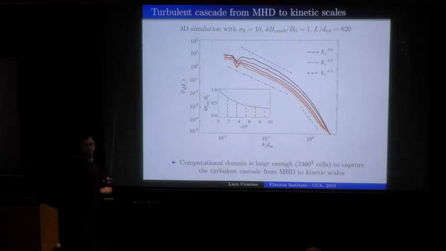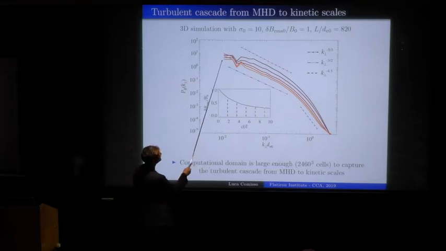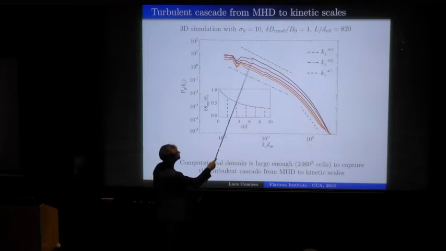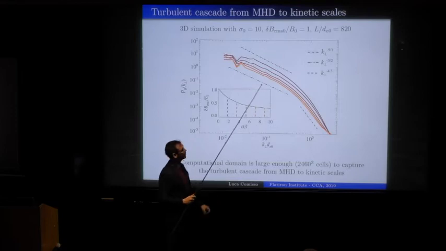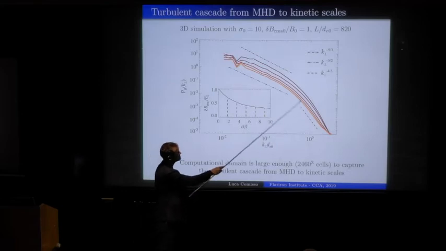So this is the spectrum that comes out of this specific simulation, and you can see this is fully kinetic. Since the turbulence is decaying, you can see that the fluctuations are decaying in time, and these vertical lines indicate the times that correspond to the magnetic spectra here. And you can see that there is an inertial range at the MHD scale, and then there is a steeper part when you hit the kinetic scale, in this case the electron skin depth. And you can see that this is consistent with Goldreich-Sridhar or a little bit shallower. And then it becomes much steeper,